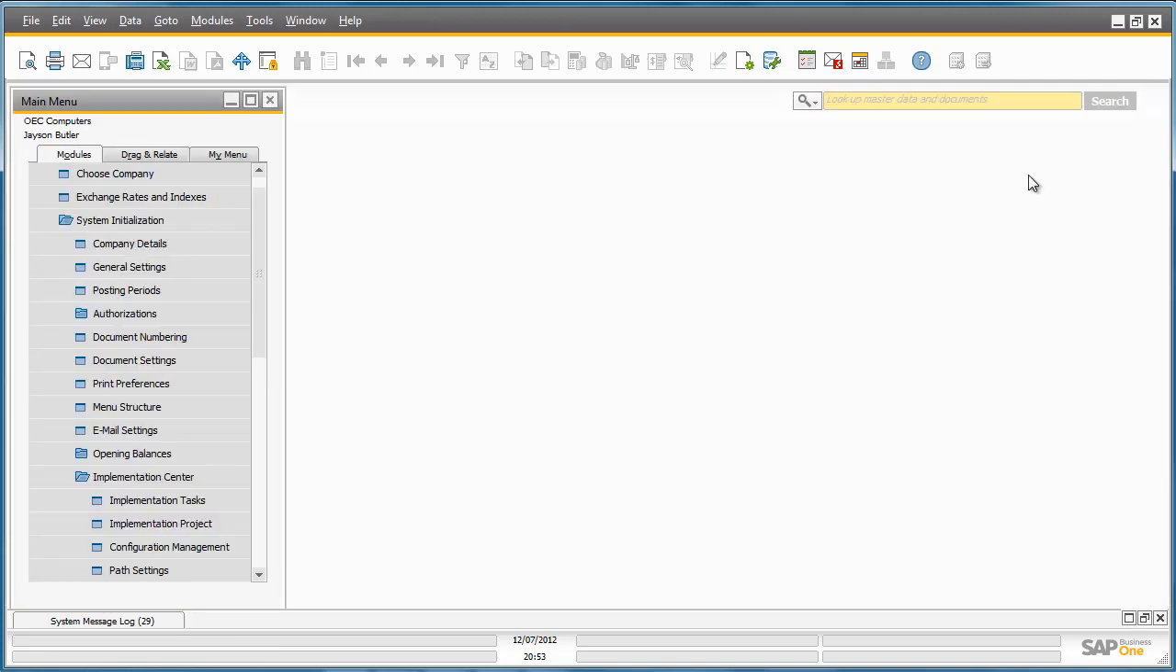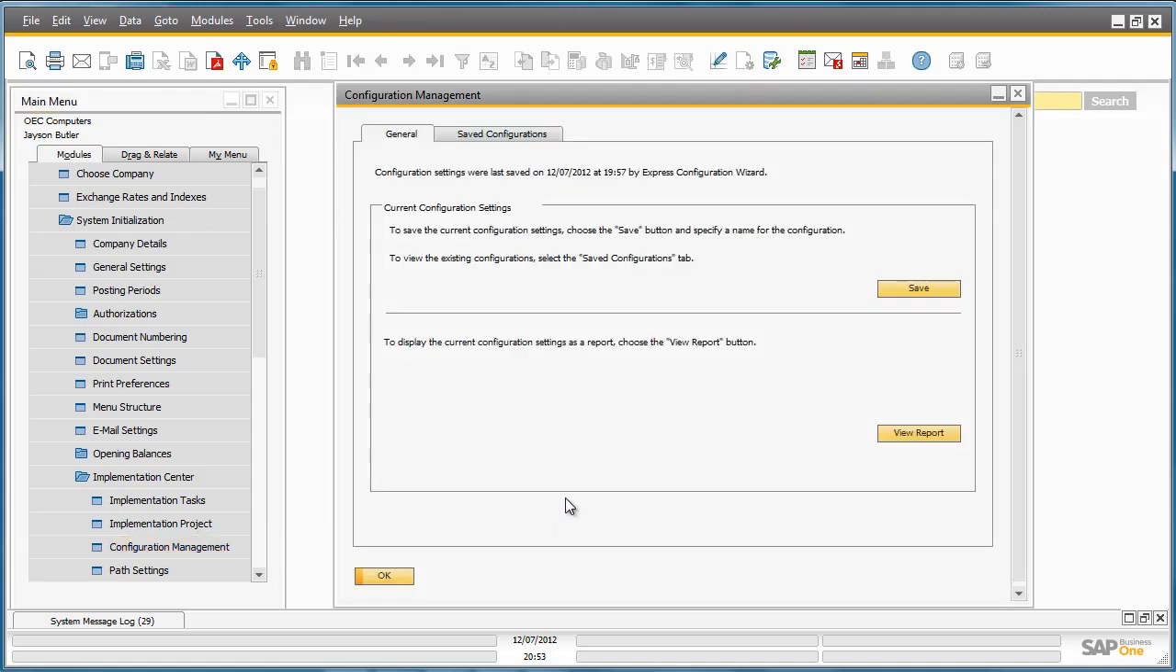The last main section of the Implementation Center is the Configuration Management tool. This tool allows you to save your current or existing configuration settings for your company installation. And you can also compare these settings if they have changed over the course of the implementation or over time. For example, if I save my current configuration settings,